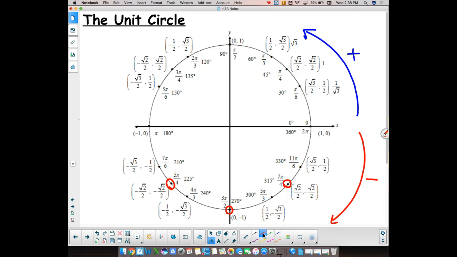The reason I'm bringing this up is because if you choose to do that extra supplemental worksheet tonight, there are some negative angles on there. And so we have to talk about that faster than what we thought of. Okay? But we'll go over this more later this week. Okay? So this then